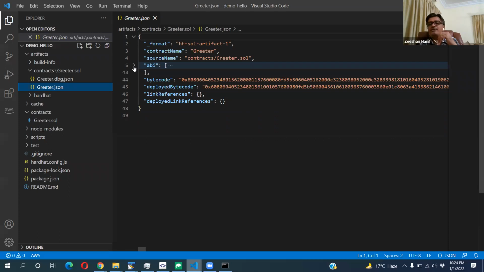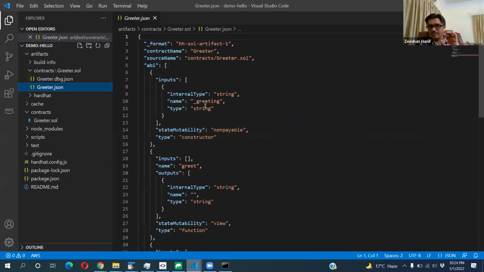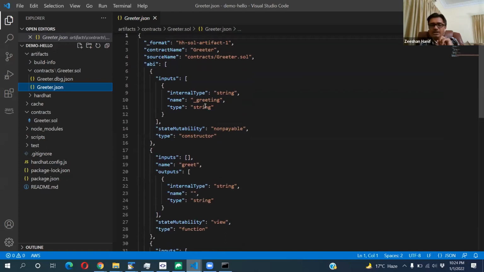It gives an interface of our contract, so whoever wants to communicate with our contract will use this interface, and that client, technology, or platform will know how to communicate. You can see it says something about the constructor.